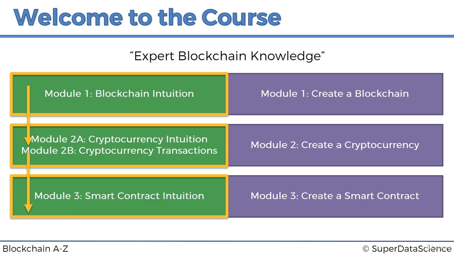We specifically structured the course in a way that you can take the intuition tutorials, which are highlighted here in green, without having to go into the purple modules, and still get all of those foundations, all of that knowledge, which will take you into the top 5 to 10% of people on the planet who know about blockchain. That is in itself extremely valuable, once again, for applications such as consulting in the space of blockchain,